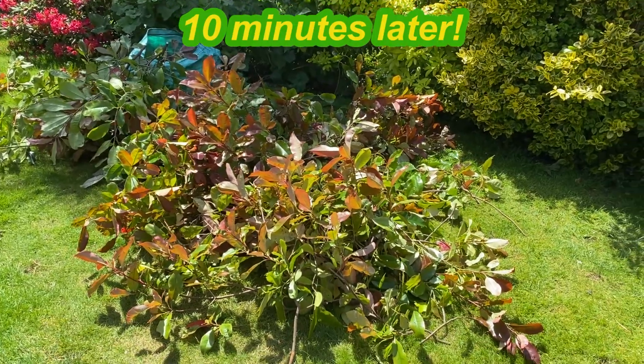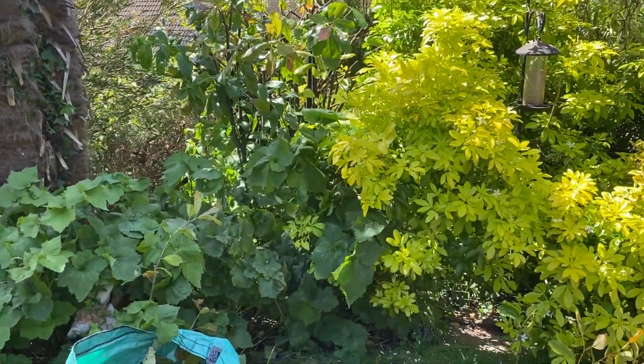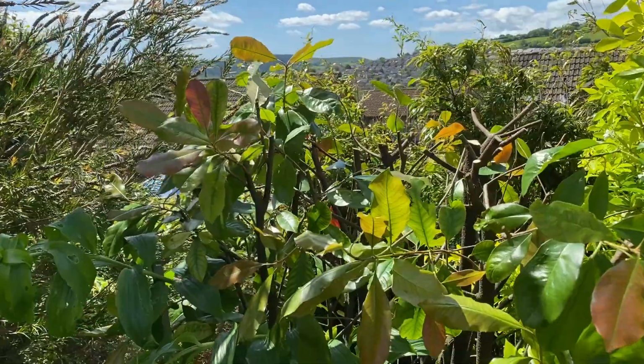Whoops! I got a bit carried away with the pruning there. Still make my way over this lot. Oh, there you go. So my wife has got her